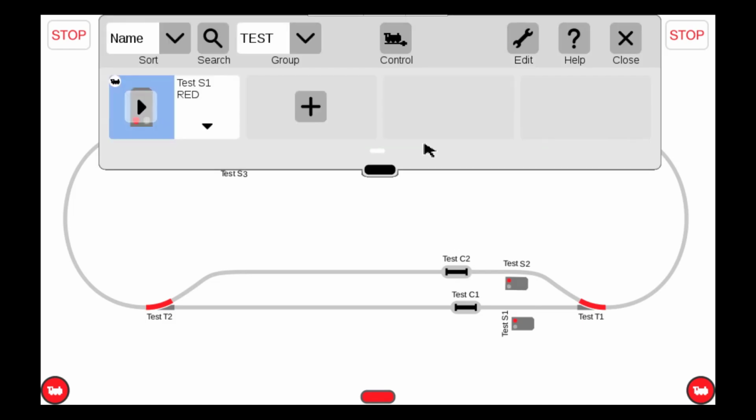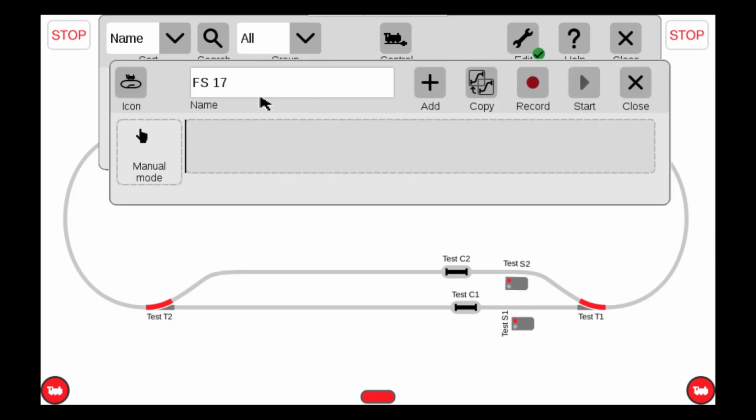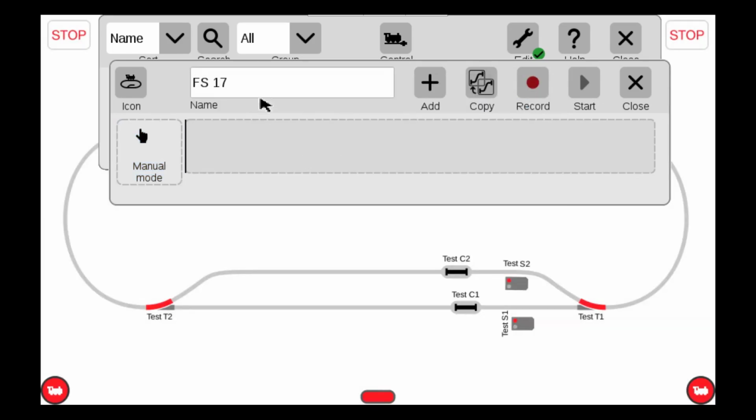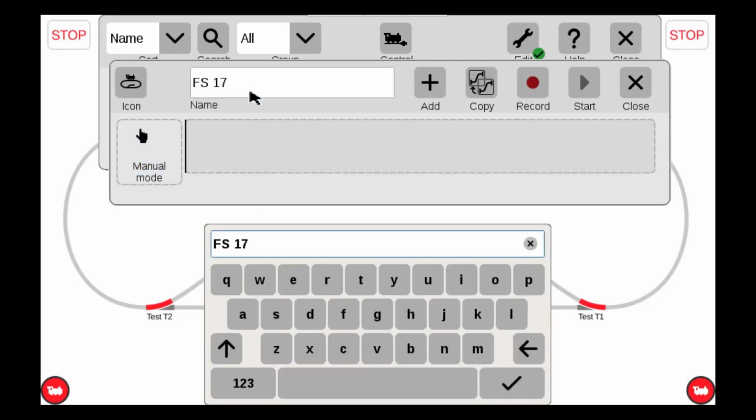Again, click on events, and now you can see there is a little plus here. It's our test group, and there's a little plus here. So we click on the plus. Again, a menu opens. First, click here, choose. Now we can choose test here. Okay. Now we can change the name, and that will be test S2, and go to the R,